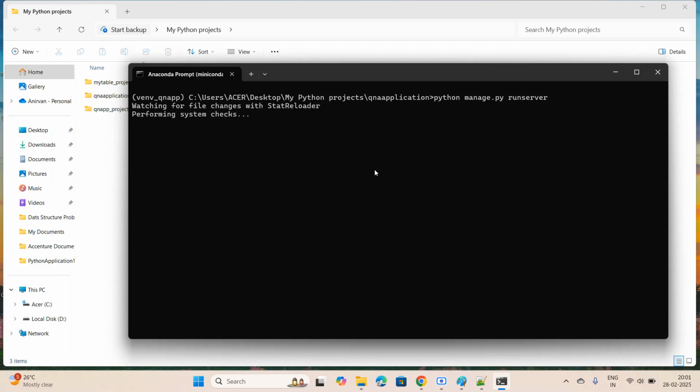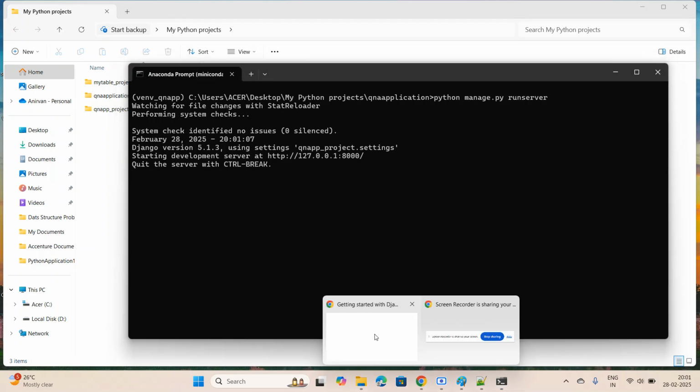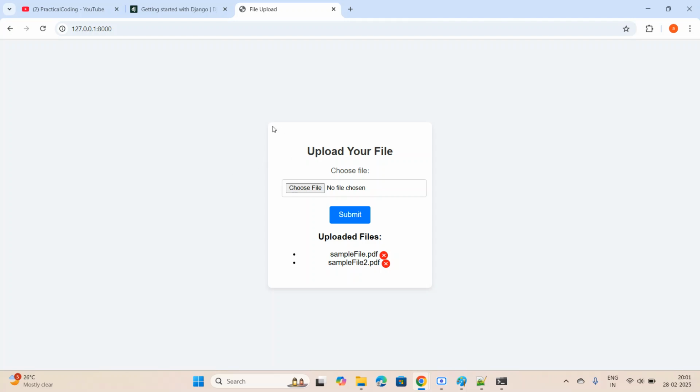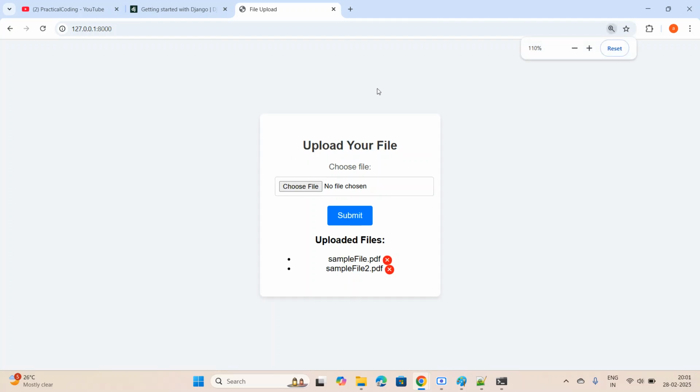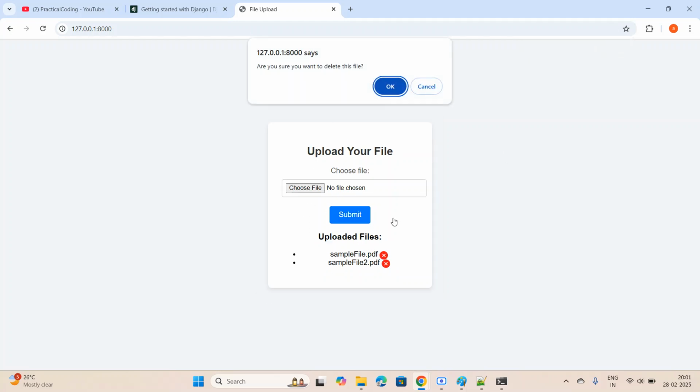Okay, so I'm running my application, and you can see it started running. I'll just open this. Okay, so this is what my web application looks like. What this web application basically does is, if you upload some file,